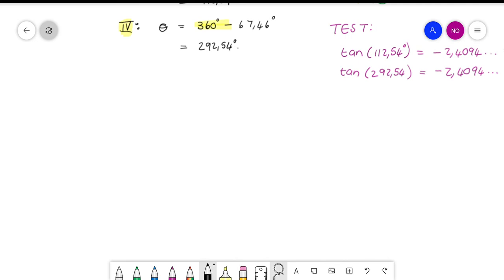I'm going to do one more example with you guys, and then I'm going to give you a few to do for homework. All of these examples were taken from exercise 15 on page 115. Okay, so number 10 there, they say solve